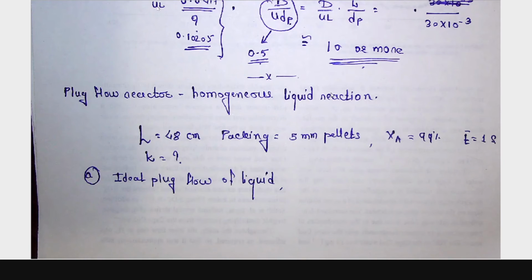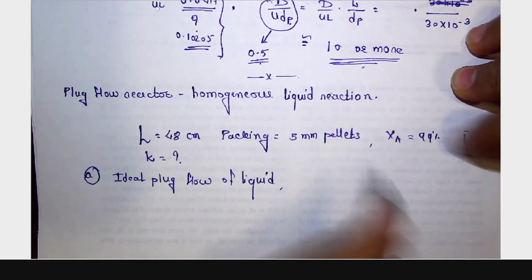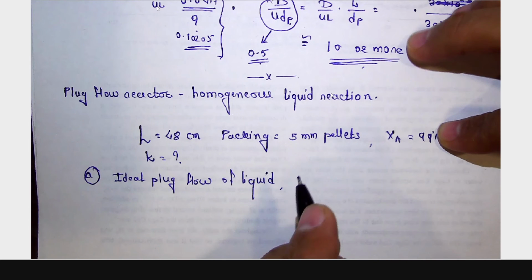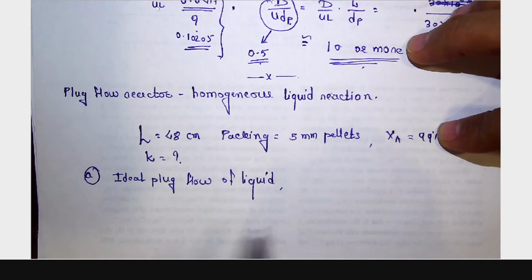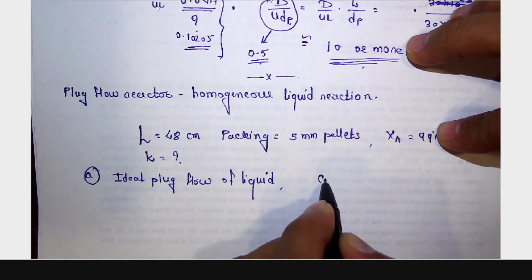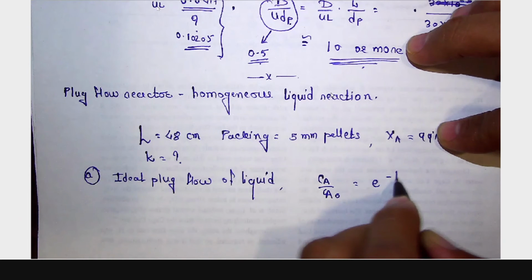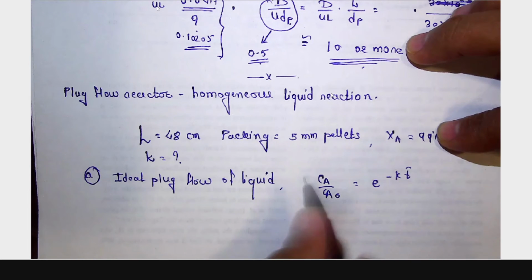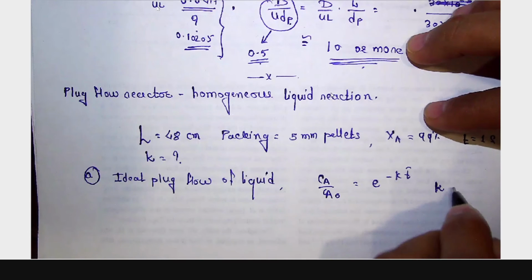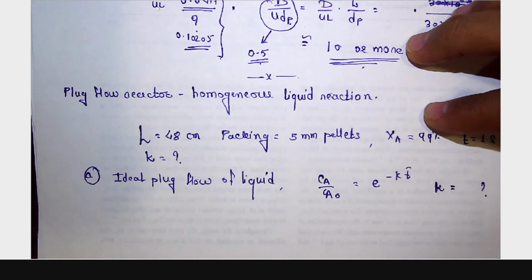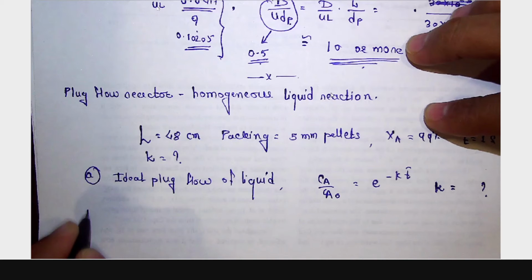For the ideal plug flow reactor, first order reaction, Ca upon Ca0 is equal to exponential of -8. Is it? So by solving this equation, you can get the K value. Second one is if there is a deviation